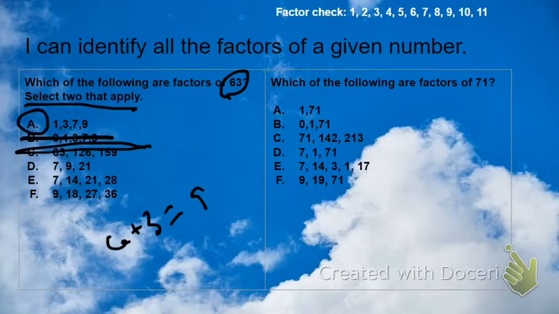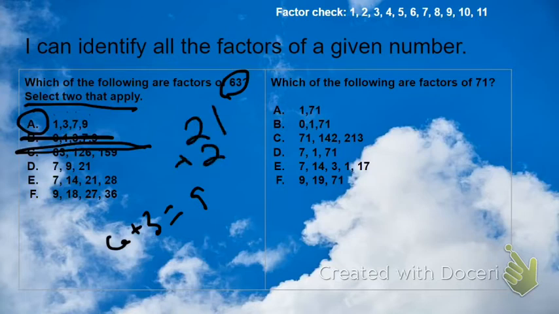Now, I'm done, right? No, because it says select 2, so I gotta select 2, otherwise I'm gonna get it wrong. So I already said, okay, well I said 7 and 9. I'm gonna look at some of these other ones, okay? I'm gonna look at D. I already said 7, 9, 21. Okay,